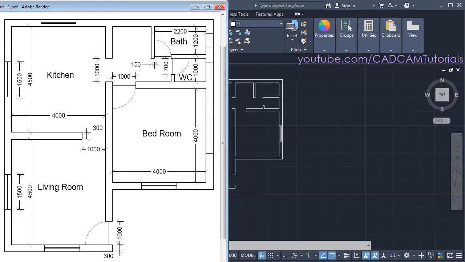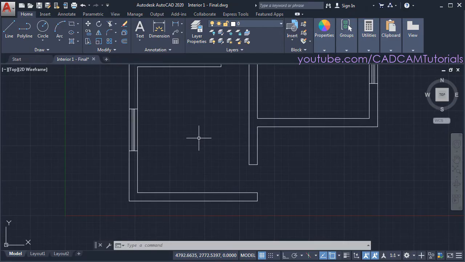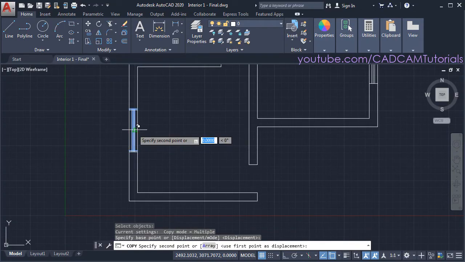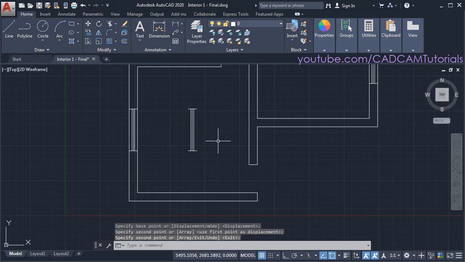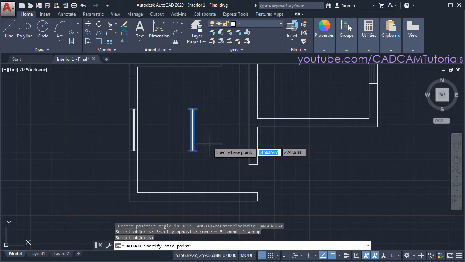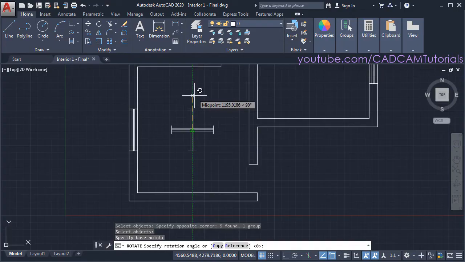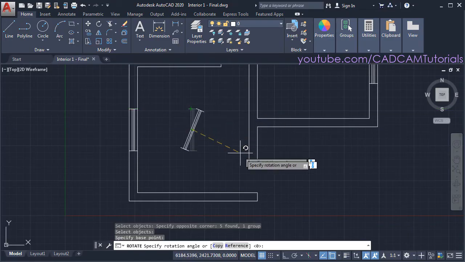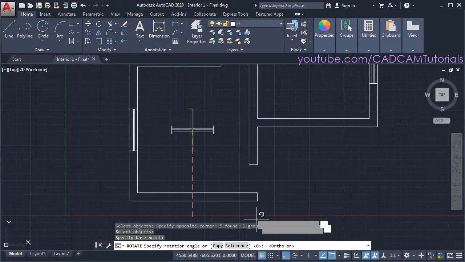Then I want same window here, here and here. We will create one more copy. Click on copy, select this object, enter, specify base point and specify second point, enter. Then we will rotate this window. Click on rotate, select this object, enter, specify base point, take your cursor above, ensure that your line is straight, or to force this line to be straight, click on ortho mode so that it will come straight. Then click,